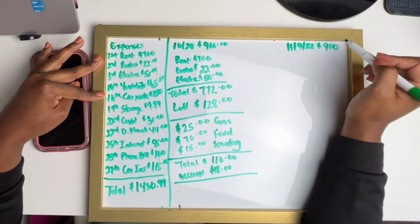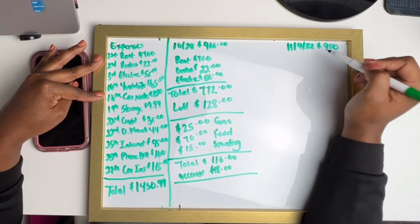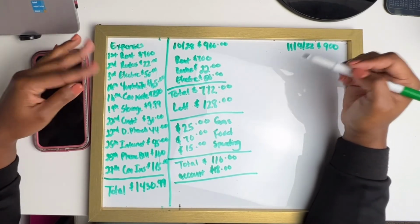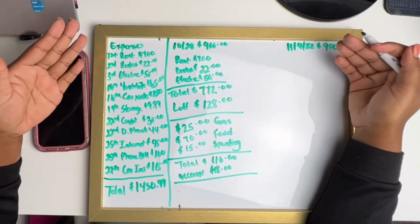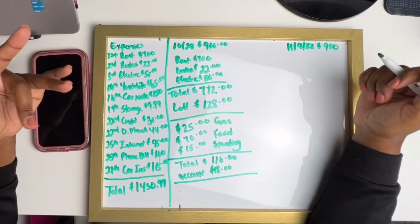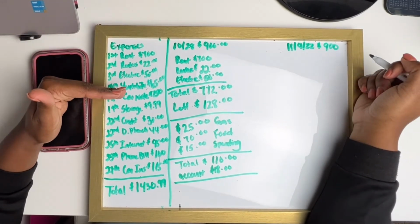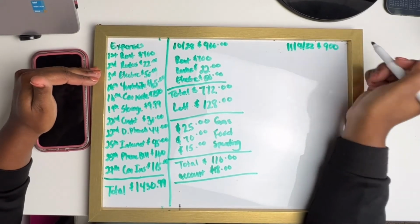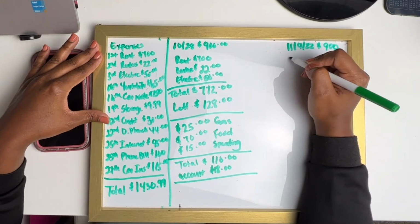And people, this is where people go wrong a lot of times, is when you get a check that has some extra dollars in it that you might not have to pay something for. People go ballistic and just start spending all over the place. That is not what you want to do. You still want to budget it to make it work for you, right? So what I might do is, since I don't have any bills from the 4th to the 11th, I might say, okay, I'm going to put